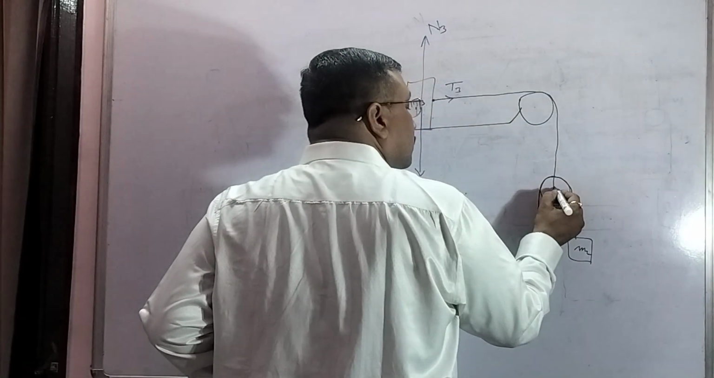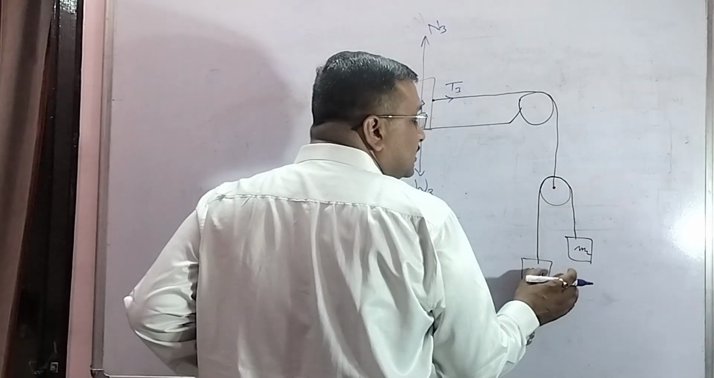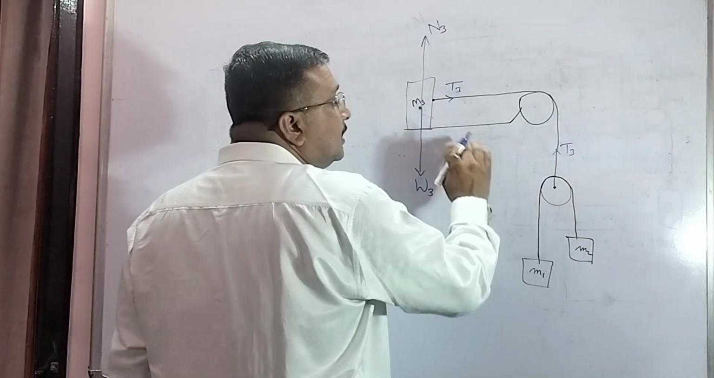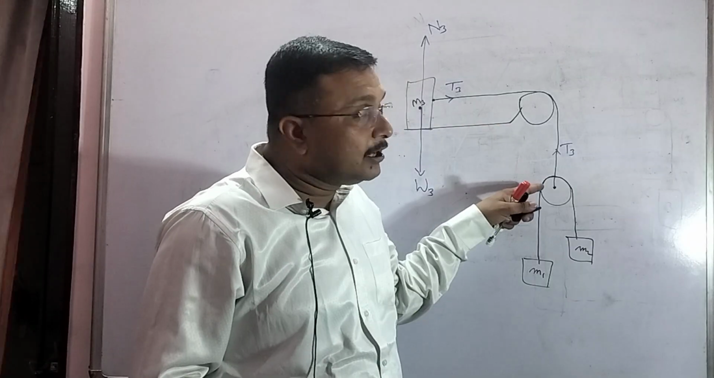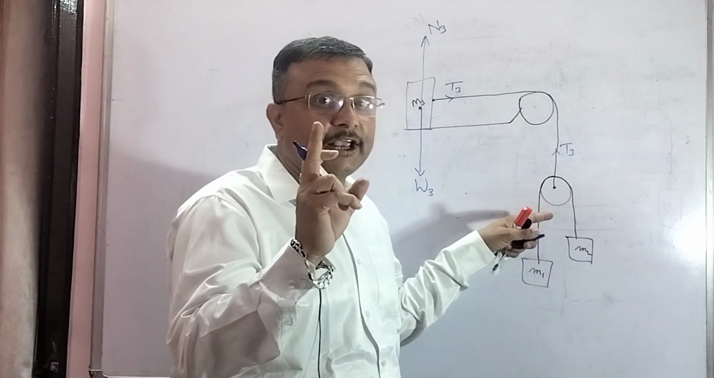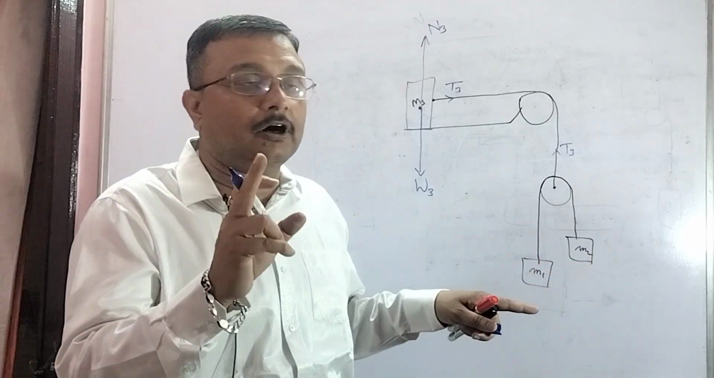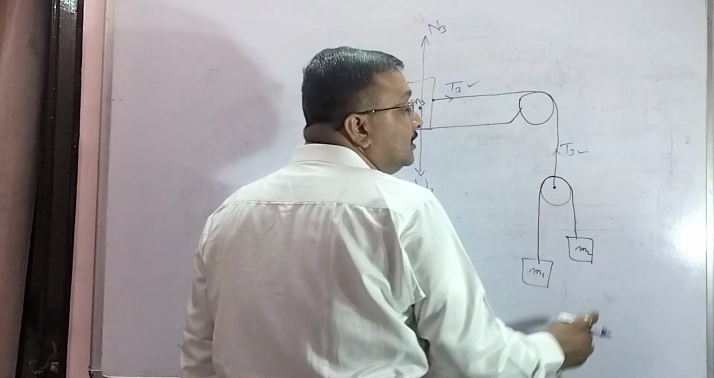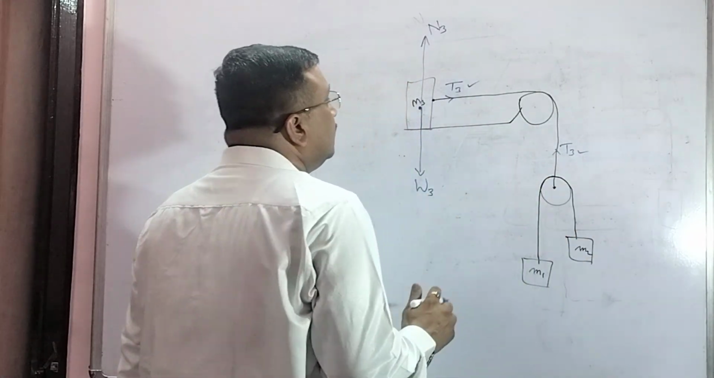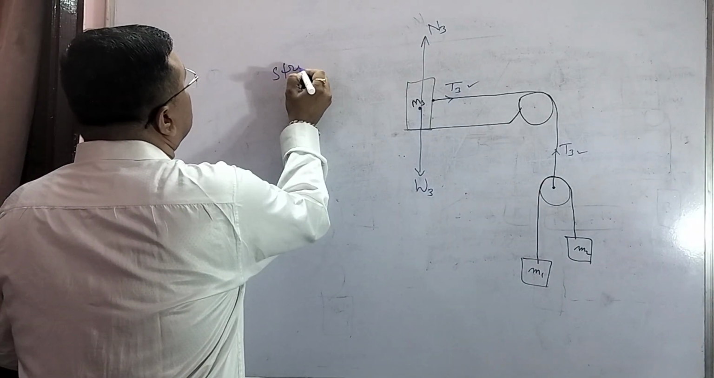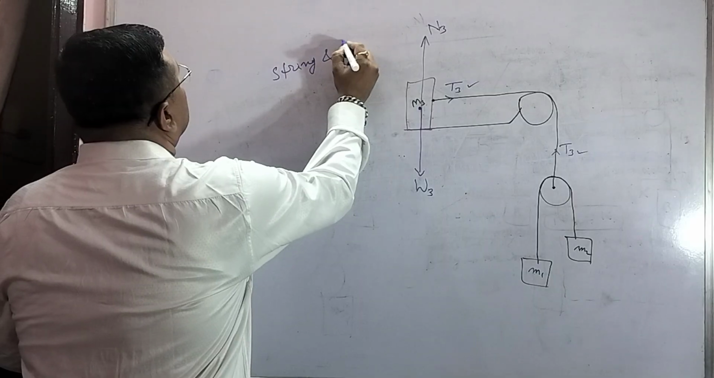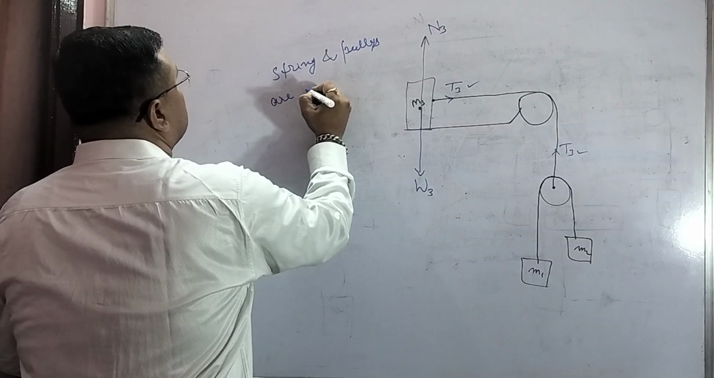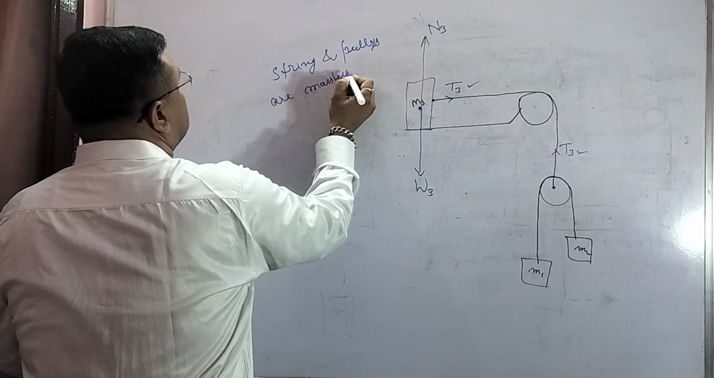So on this pulley, there are two masses M1 and M2, so definitely here will also be a T3. Means throughout the string the value of tension will remain same. So if this is T3, this will also be T3. Why? Because the pulley is massless. We shall write that a string and pulley are massless and